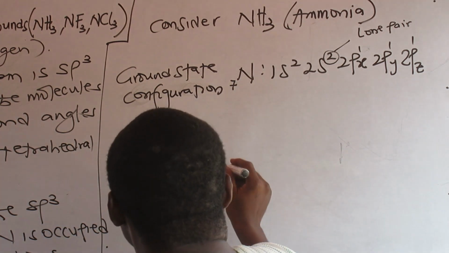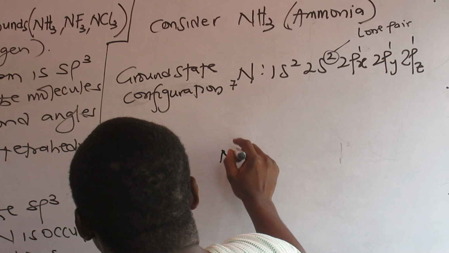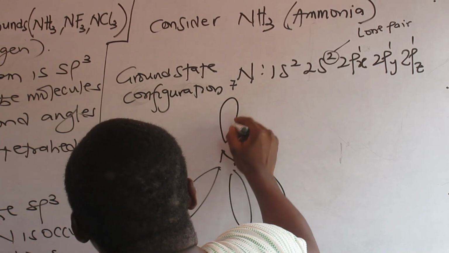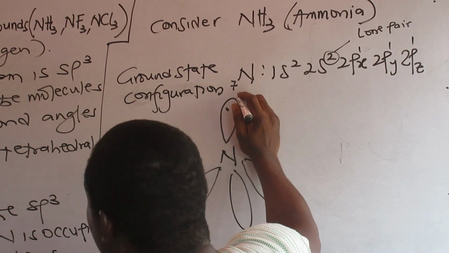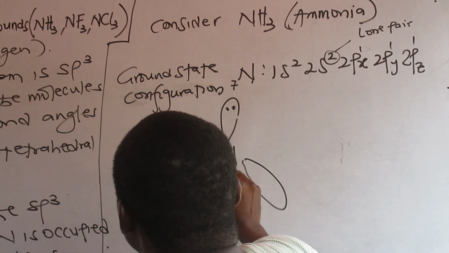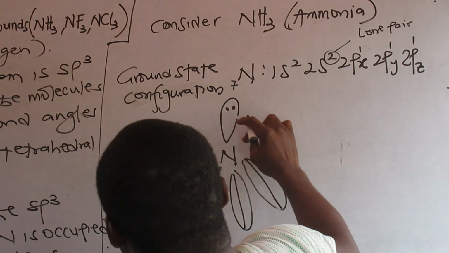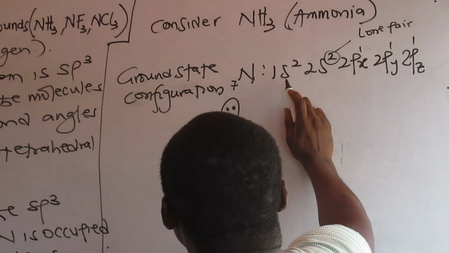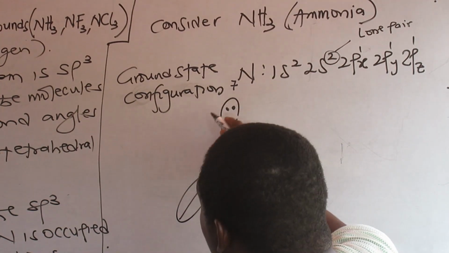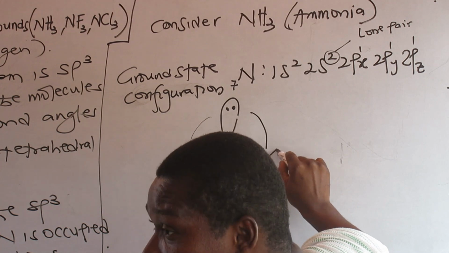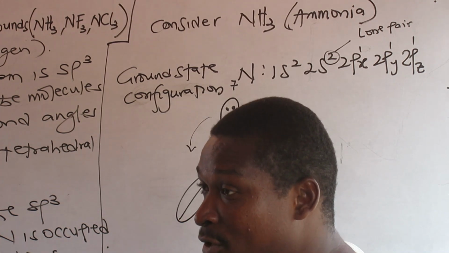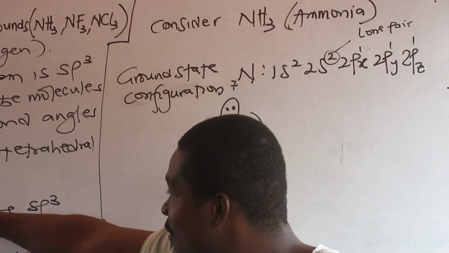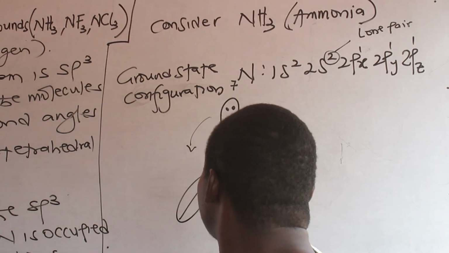So what happens is that if you have this as nitrogen, right? So you have this. Now the lone pair is here. Now in natural sense, they are somewhere here like that, right? In this spatial orientation. Now, this lone pair of electrons repels these bond pairs. It pushes them. So as a result, right, trying to occupy another space, right? So when they are pushing them, they reduce this angle to 107. That is how come